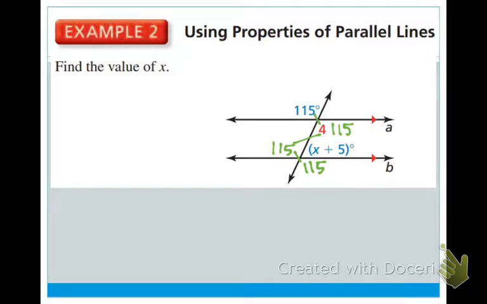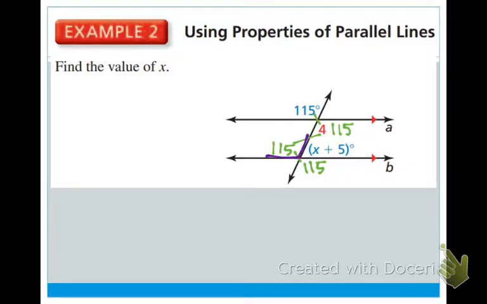It is your choice. If you are good at geometry, I'll give you a second option. If you are not good at geometry, or just aren't very good at seeing angles, then I'll show you this option. Okay? So, are these 2 angles going to be congruent or supplementary? I kind of already said it. They're going to be supplementary because 115 did not land on x plus 5. Okay, so they're going to be supplementary, which means